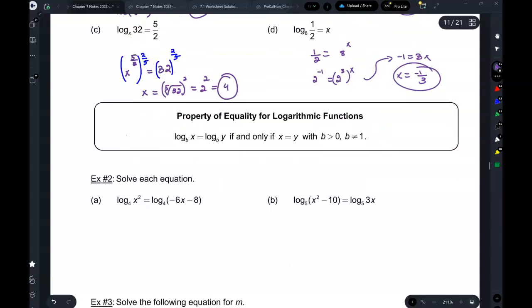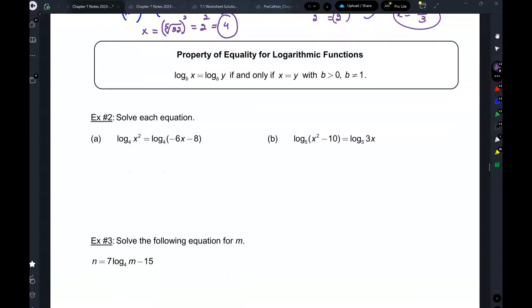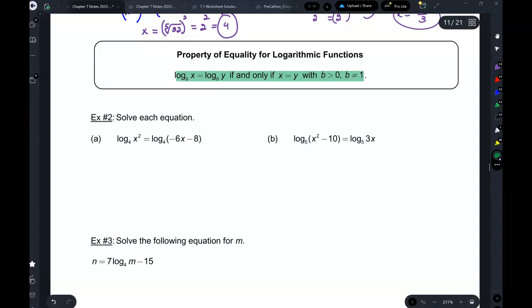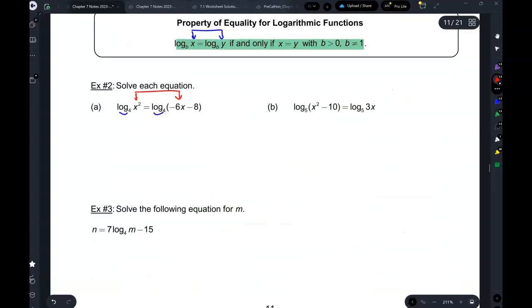Okay? All right. Lastly, property of equality. If you have 2 identical logarithms, then you can set their insides equal to each other. All right? So take a look here for a minute. You have log base 4, log base 4. Okay? This only works because they're both log base 4. What you can do is set their insides. These are called the arguments. If you're ever on Jeopardy and this comes up, on-air credit, right? This is the argument of the logarithm. So we get x squared equal to,